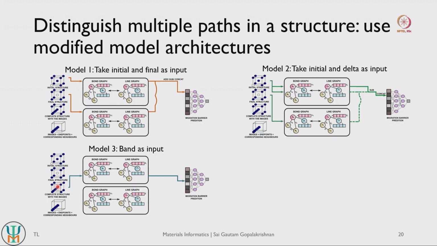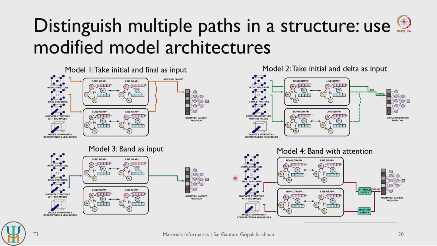So we took inspiration from that approach and we basically fed in a band itself as an input to our model. So once again we create one instance of the MPT model here, and then we put in the band as the input instead of taking an individual image as an input, right. And the last modification that we tried out was, in addition to taking the band as an input, we introduced some attention based pooling mechanisms, right.